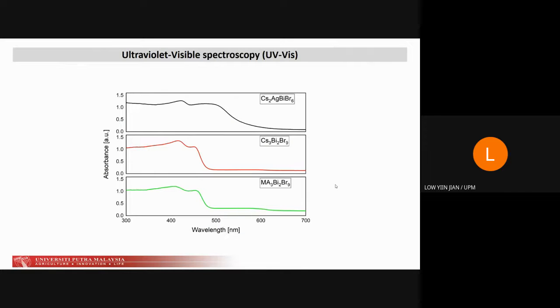And also, the UV-vis spectrum for the 2116 structure shows a longer absorption tail compared to the 329 structure. And this could be attributed to the indirect bandgap nature of the material, while the peak located at around 410 nanometers is attributed to the direct transition in the structure. And the case is different for the 329 structure. The first peak is located at 480 nanometers, which is attributed to the exciton band transition, while the second peak at around 410 nanometers originates from the direct band transition as explained in the Elliott model.